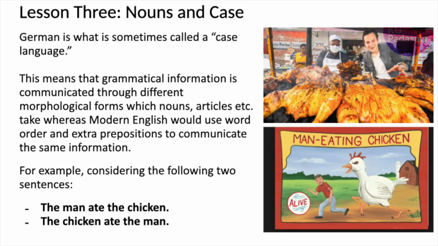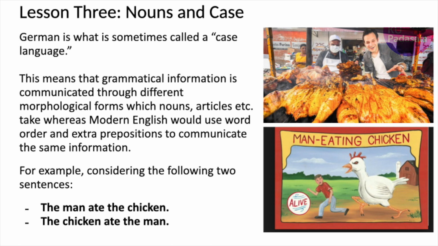But I could also be talking about a terrifying 15-foot tall bird, which is chasing after some poor fellow because it has an appetite for human meat. That is also a man-eating chicken. So if I just leave it in the form man-eating chicken, it's ambiguous which one of those two I'm talking about. The only way in English to clarify which one is intended is to rearrange the word order